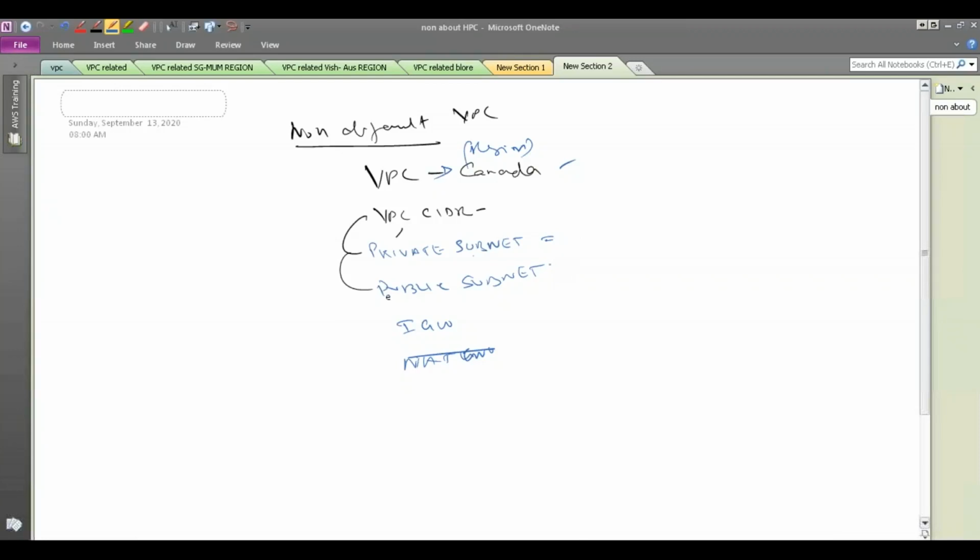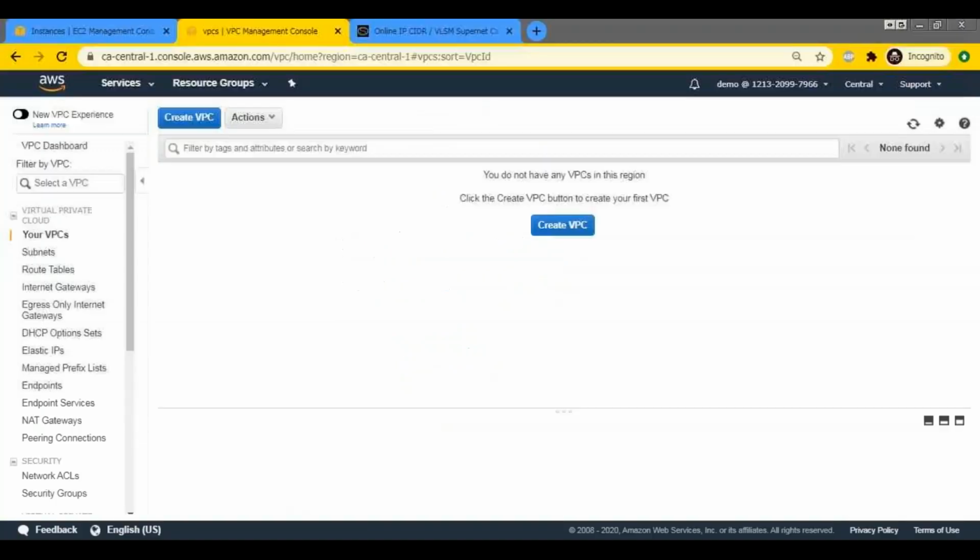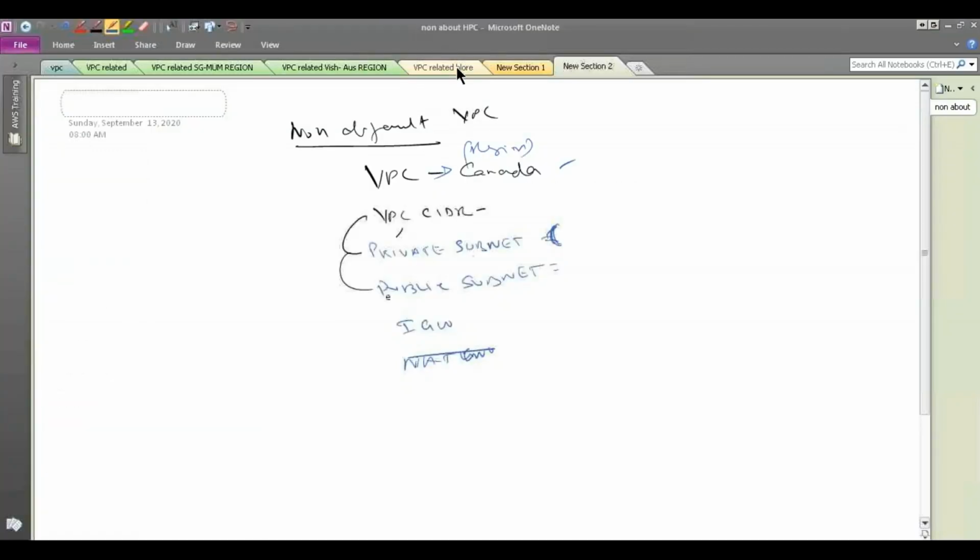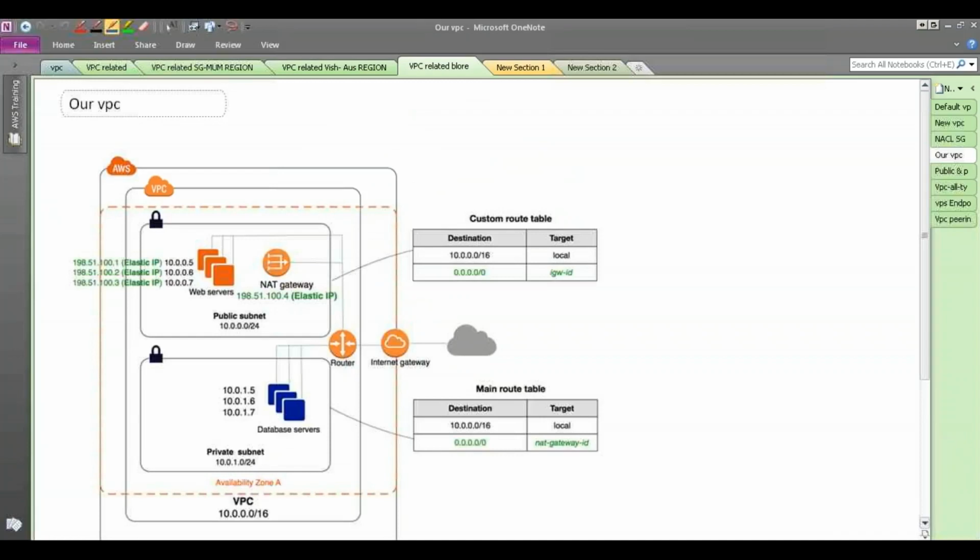So for the private subnet, which availability zone do you want to use? Public subnet. So we have to make sure we have all the values, right? So I want to create the private subnet in, say for example, here what have they used according to our diagram. I want the private subnet in availability zone